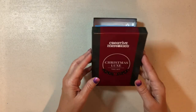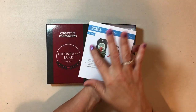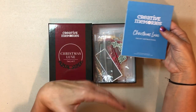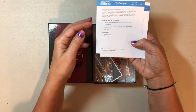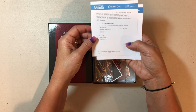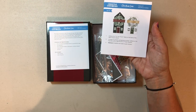And in a similar fashion, what you're going to find is when you open up your kit, you're going to have instructions to make all, I believe it's 24 tags. So you're getting 24 tags and the components to make them. And when you flip this over, you'll see it tells you what you're getting in the box, but also you want to make sure you have your adhesive and foam squares to, again, add dimension. And it looks like what they've done here is they've given 2 versions of 12 different